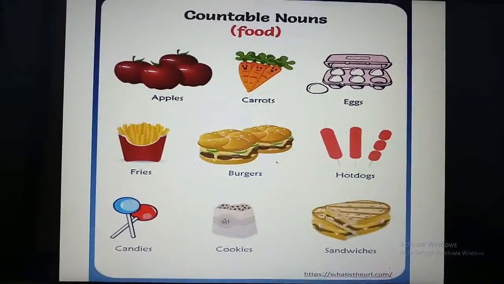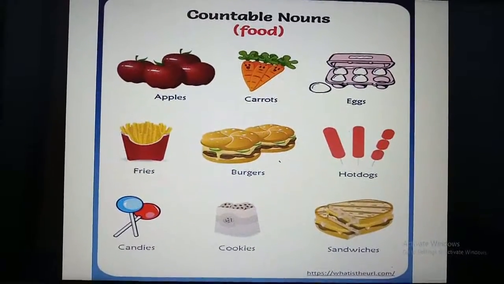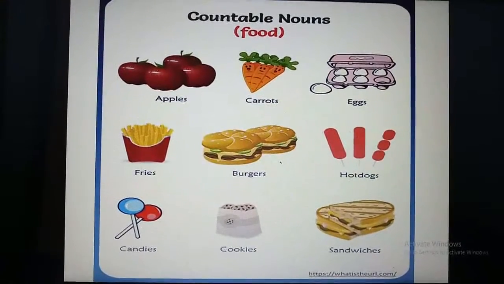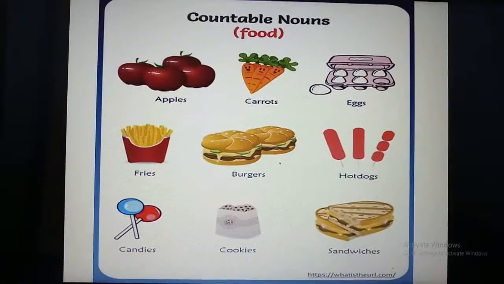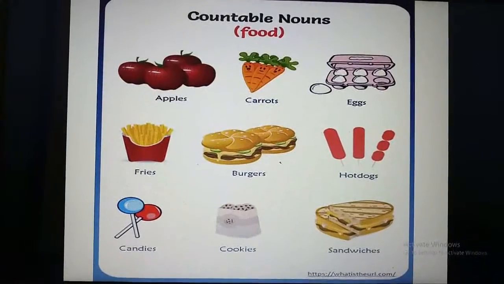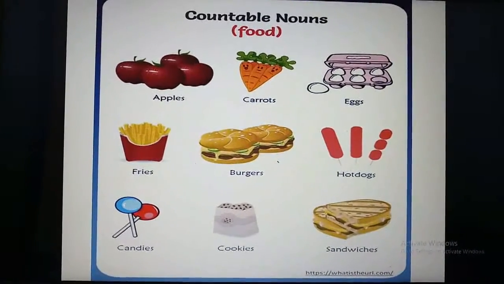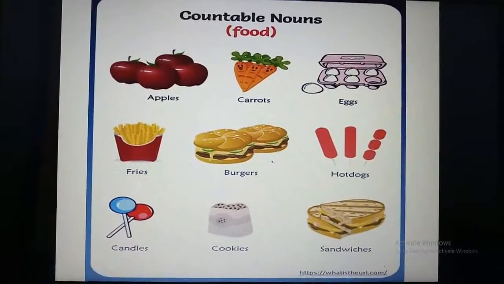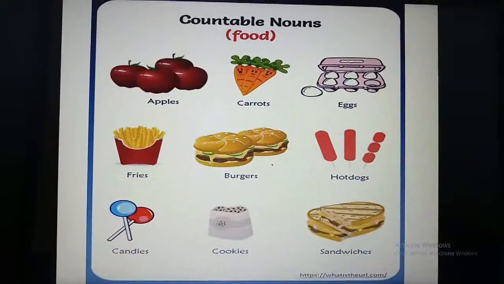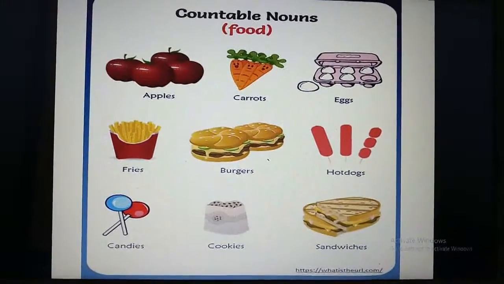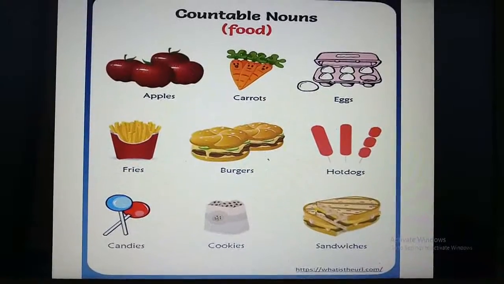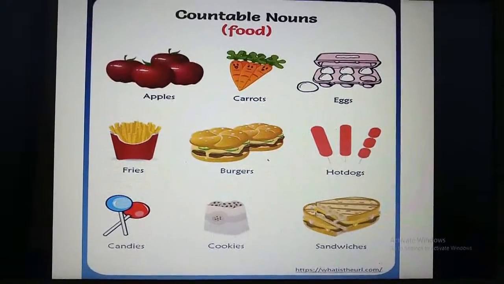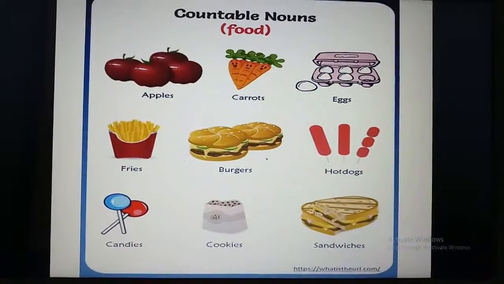Fries. We can take out fries from the box and we can count them 1, 2, 3, 4, 5, 6, 7, 8 and more. Burgers. There are 1 and 2 burgers. Hot dogs. There are 1, 2, 3 hot dogs. Candies. 1 and 2 candies. Cookies.